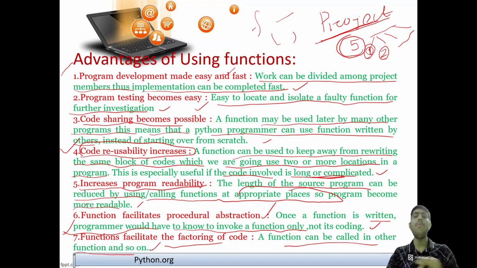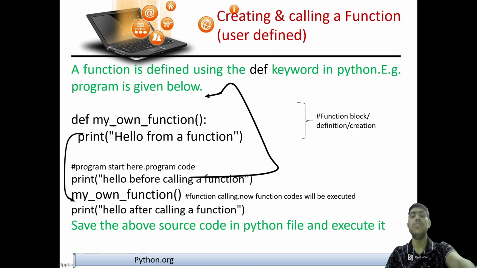Program development is made easy and fast. It breaks down, that is, divides a larger program into smaller programs. Program testing becomes easy. Code sharing becomes possible. Code reusability increases. It increases the program readability. These are the advantages, or the significance of function, that you can write down. Then we'll move to